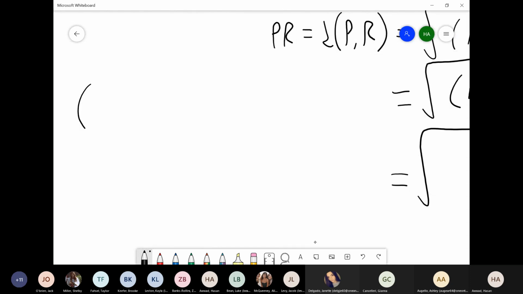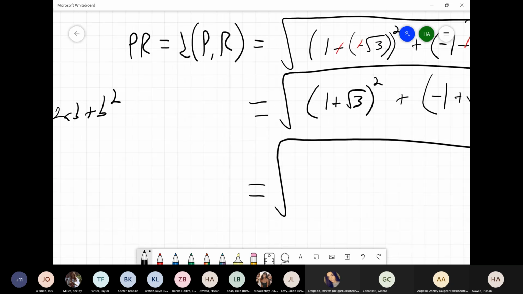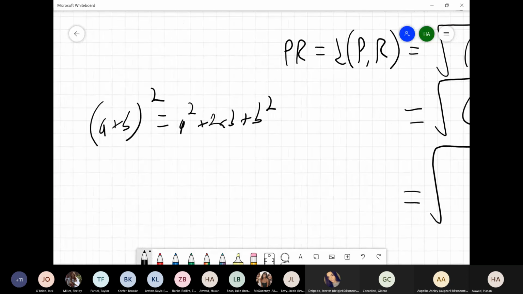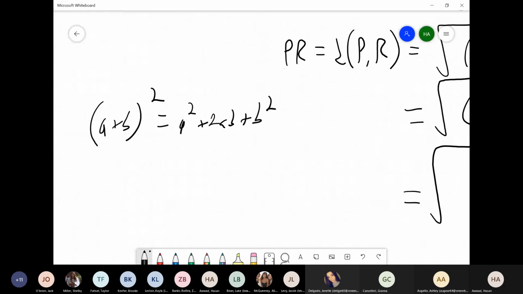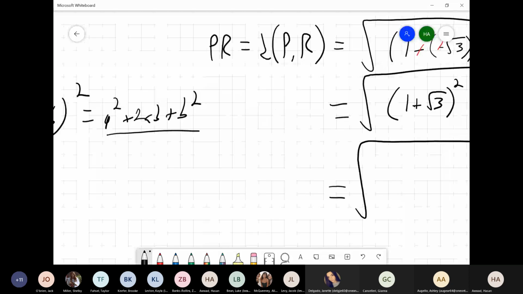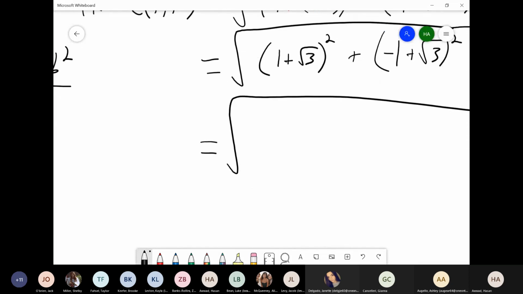Hopefully we all remember this. This is going back a little bit. So this is a squared plus 2ab plus b squared, where a, in this case, is 1, and b is square root of 3. So we're just going to plug into our blueprint here. Plugging in, a squared is 1 squared. So we get 1 squared